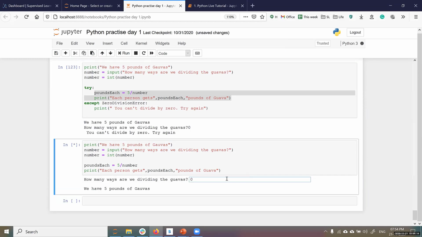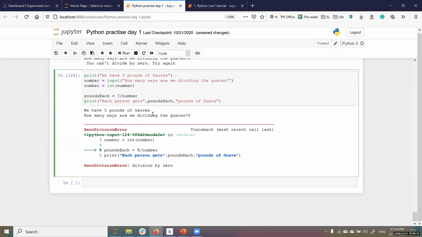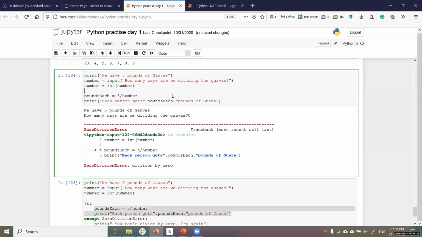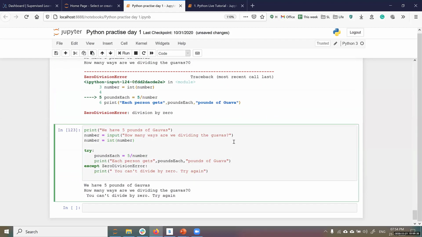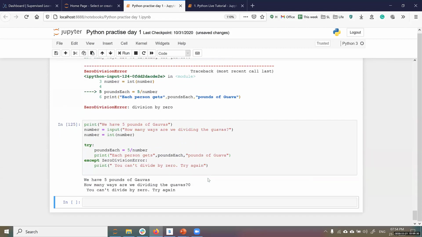You put 0 here, it will throw a zero division error. It won't give any output. Why did it happen? I entered 0, zero division is not possible. But if I write the program like this and I still enter 0, what happens? It gives you a nice printout saying you can't divide by 0, try again, right?